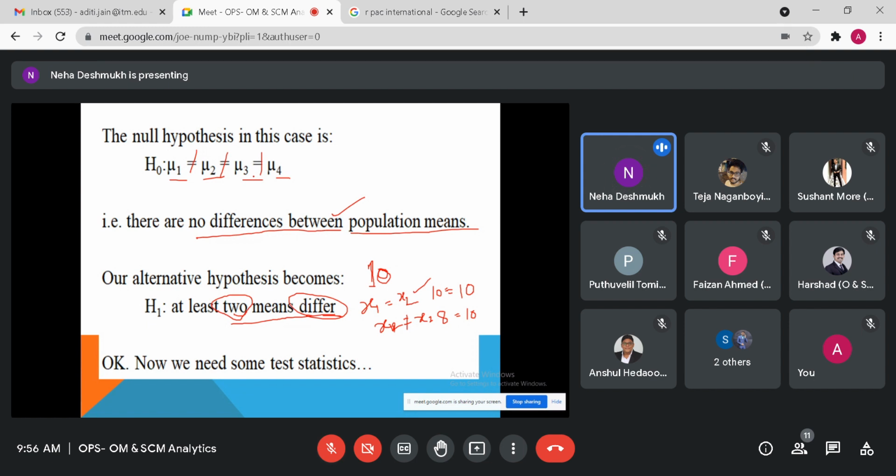What does it mean? It means there is some difference between the population means, right? Whenever logical operators are there, listen carefully. Whenever you use a logical operator, there must be two values. Then only it will reflect some decision after comparison. A logical operator means equal, greater, less, not equal to. All these are logical operators which we can use in a decision. They result either in 1 or 0. One means true or yes, and the other means false. This is the mathematical logic.